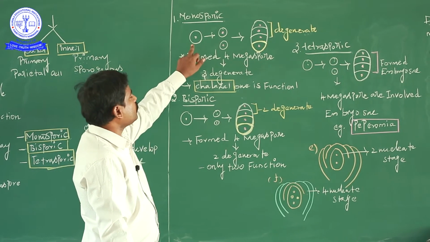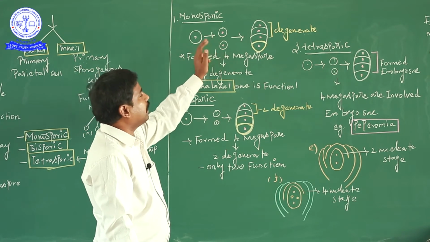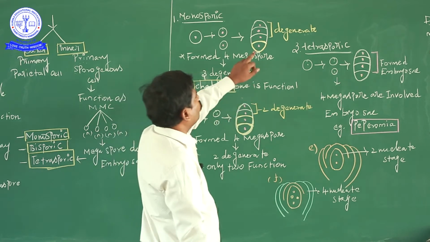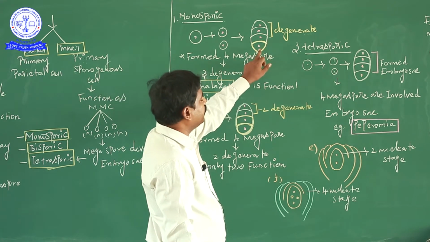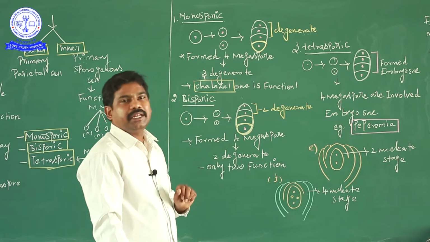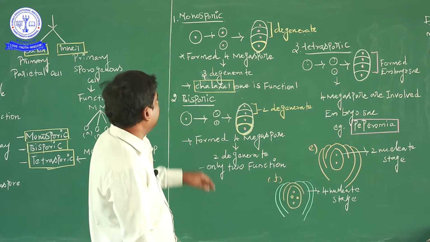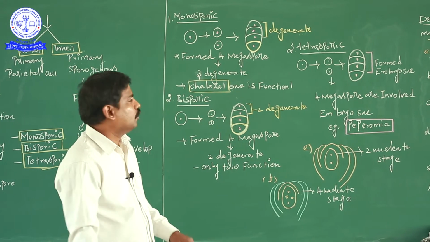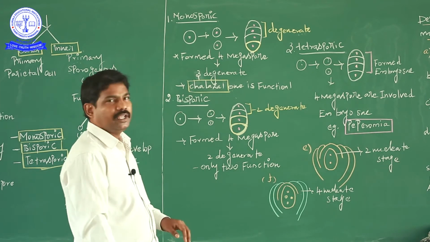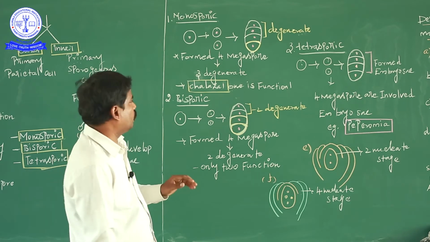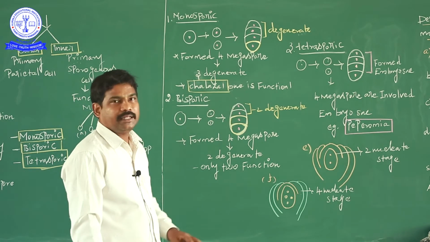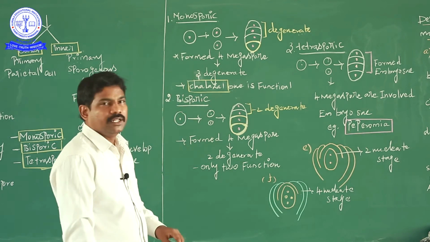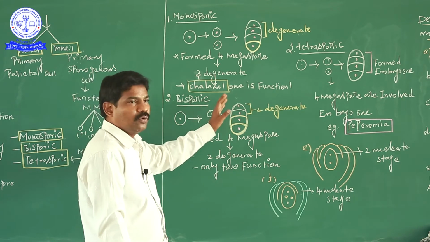First, a single cell divides into 2 cells and then produces 4 nuclei. Of the 4 nuclei, only one is involved in forming the embryo sac, and the remaining 3 degenerate. So 4 megaspores are formed, 3 are degenerated, and only one is functional. The one at the chalazal end is functional, and the other 3 are degenerated. A very important question: in the monosporic embryo sac, the chalazal one is functional.